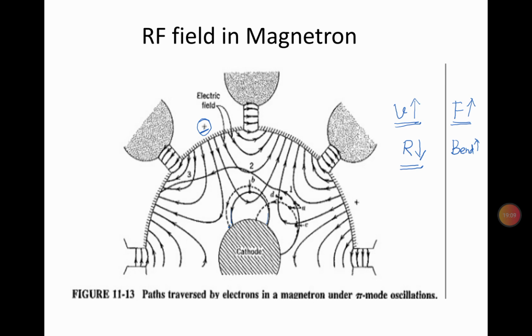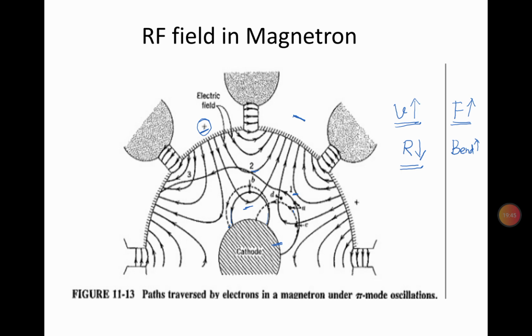But those electrons which leave the cathode when the negative potential exists are the ones which are working, retarding and giving energy to the field. So the electrons taking this path, this electron 1, are working electrons, and they are contributing energy to the damped oscillations, while these are non-working electrons and they are not contributing any energy.